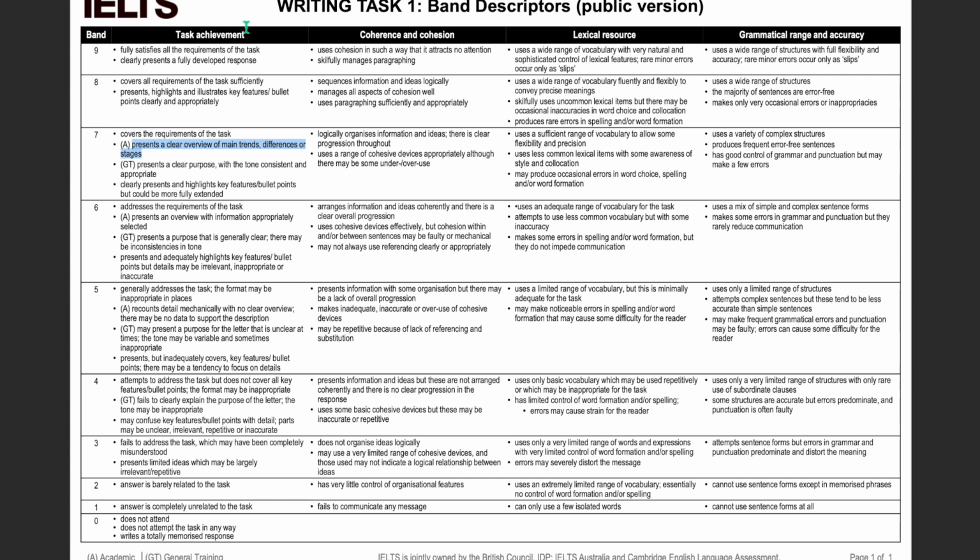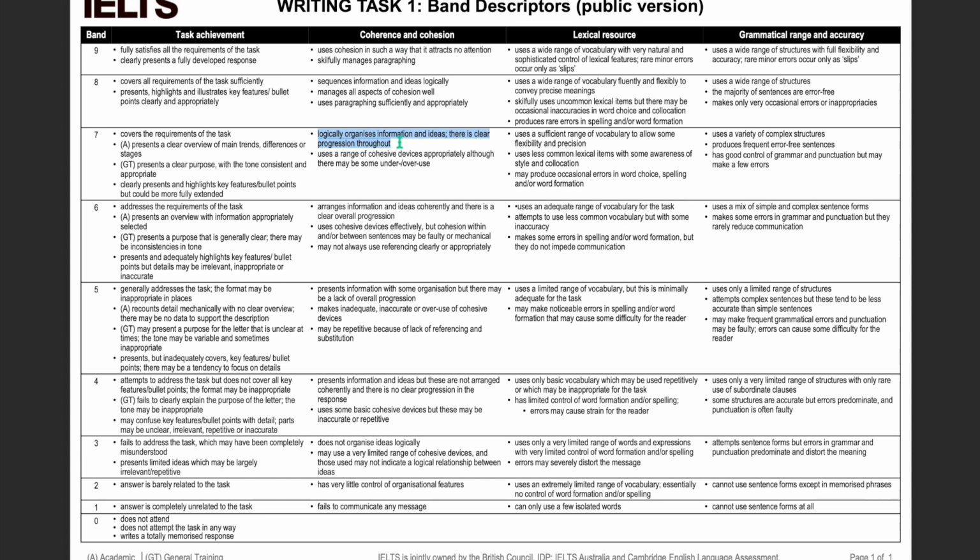So here you can see the band descriptor. Okay, IELTS writing task 1 band descriptor. And if we look at this information for band 7, it's about covering the requirements of the task. A stands for academic. Okay, so it presents a clear overview of main trends, differences or stages. And GT means general training, but we are talking about academic task 1, so we are gonna read this one. And if we look at this information in the context of coherence and cohesion,